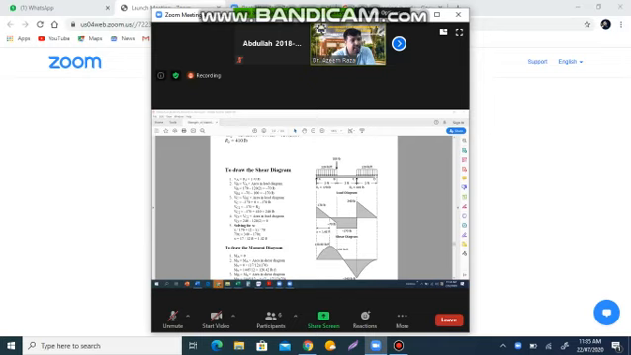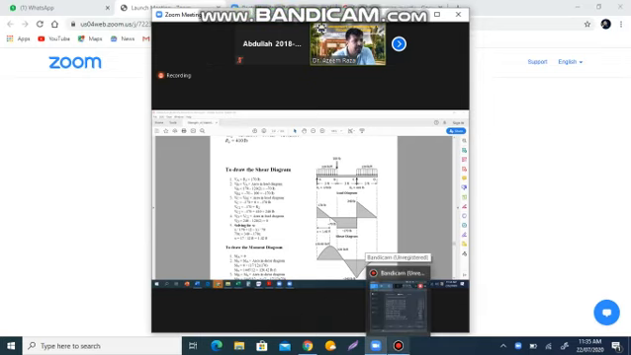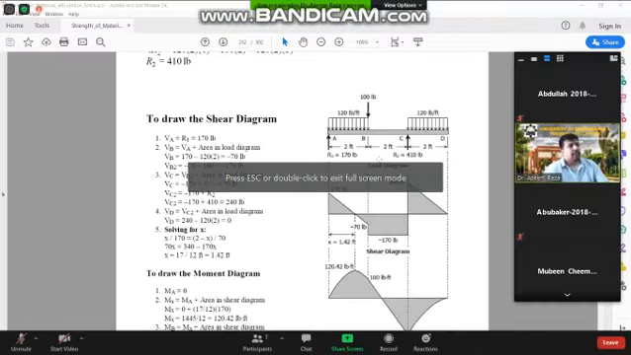120 between A and B, and one is 120 pounds per foot between C and D. We have one concentrated load of 100 pounds as well, acting at B. So looking at our